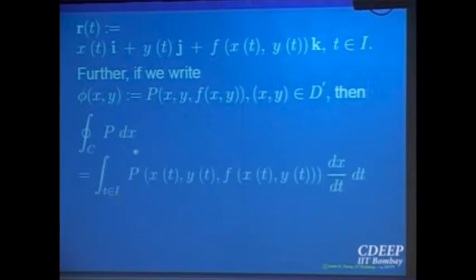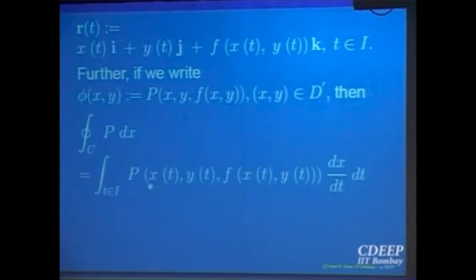So then what is that P dx? That was the thing we wanted to compute, the right hand side for that equality: surface integral equal to line integral. The line integral had three components, P dx plus Q dy plus R dz. So the first component is equal to the first double integral. What is P dx? For the boundary C, I have got this parameterization. So it is P evaluated on the boundary, times dx/dt dt, t going over the time interval I. That's how you compute a line integral. Don't forget line integral. It's not very far away. We have just done it a few days back. So this is a line integral.